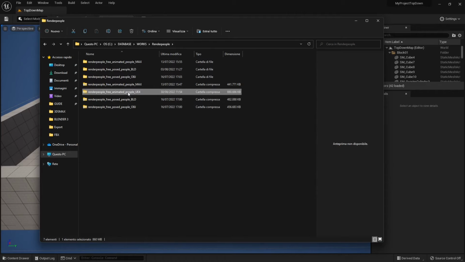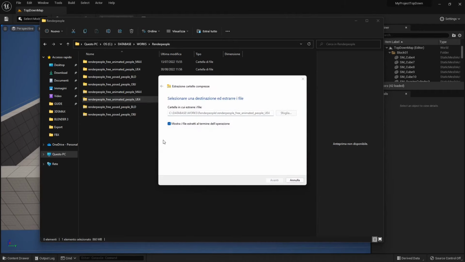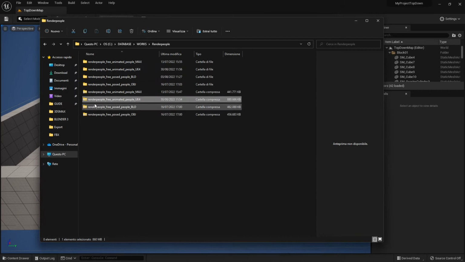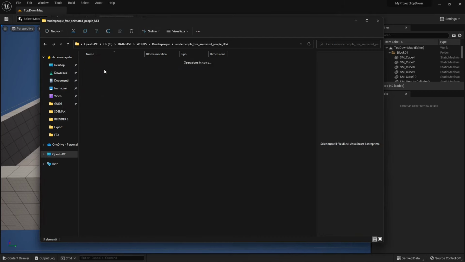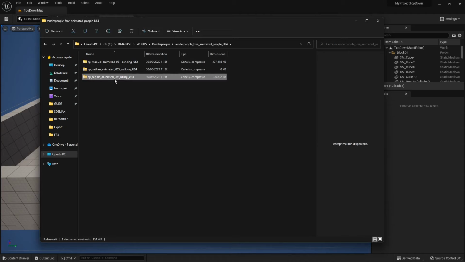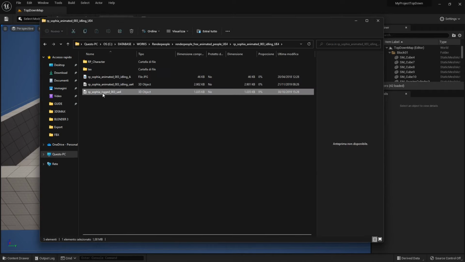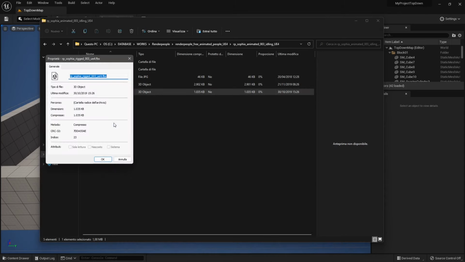Now I'm gonna go in the render people folder here and I'm gonna extract everything. I'm gonna try first with the Unreal Engine 4 and let's see what's gonna be in here. And if it doesn't work, we can play also with the FBX. So you have these two options basically. Now this is the Unreal Engine 4, but if I go in the properties, the 3D objects is still